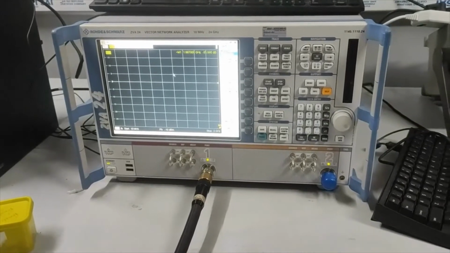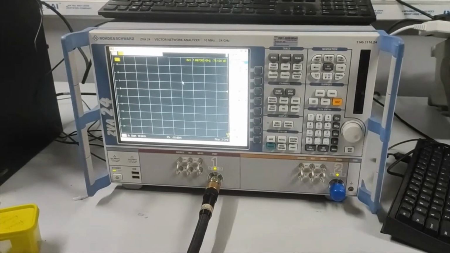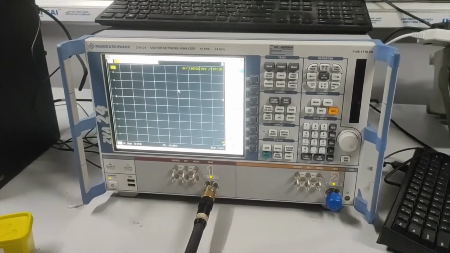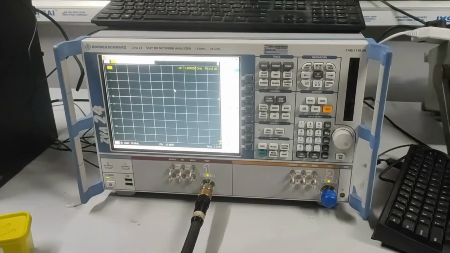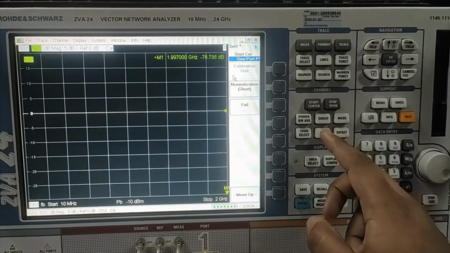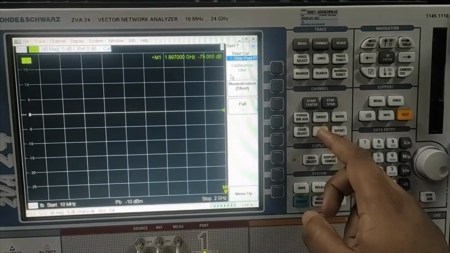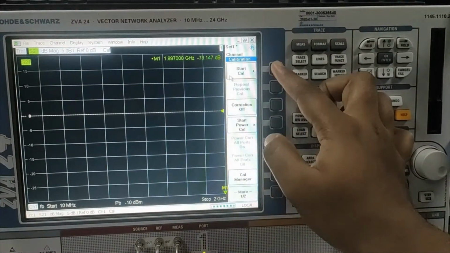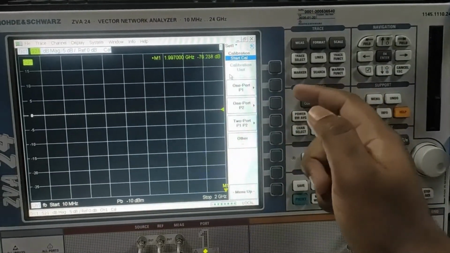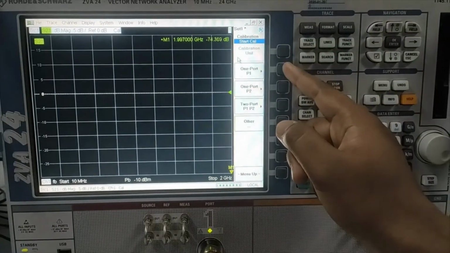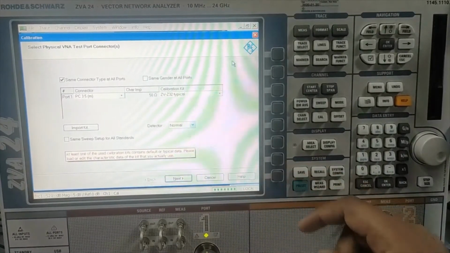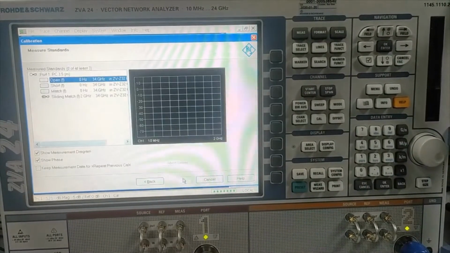And now we are going for a scattering parameter measurement of a particular antenna. First, we will switch on the VNA and perform the calibration. Now we are performing the calibration of VNA. Start calibration. Then we are measuring one port device, that is antenna, so we need to calibrate for the one port only, full. Then we go for calibration.